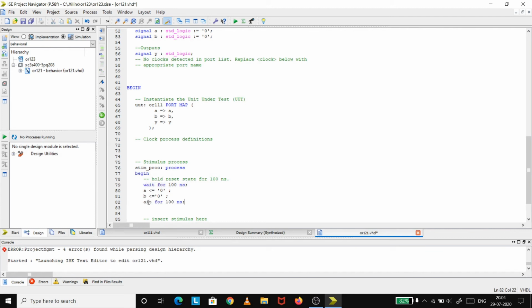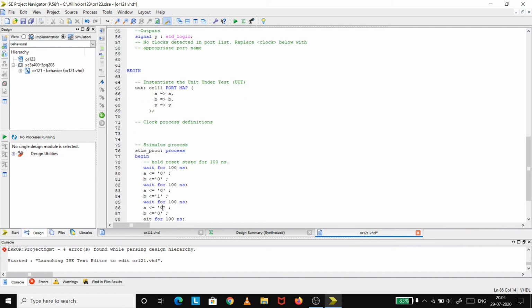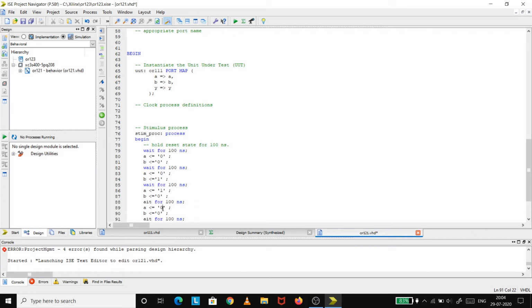Now I will copy the different combinations of A and B. Okay, wait is remaining, so W. The second combination can be 0 1, the third combination can be 1 0, and the last combination will be 1 1.